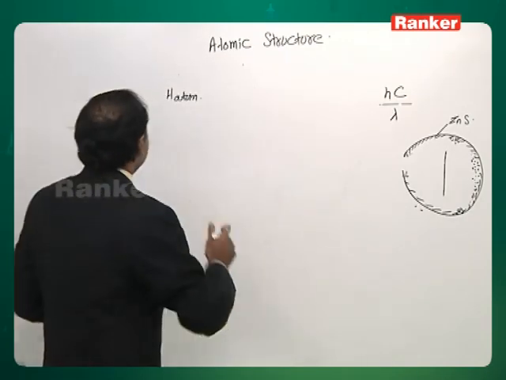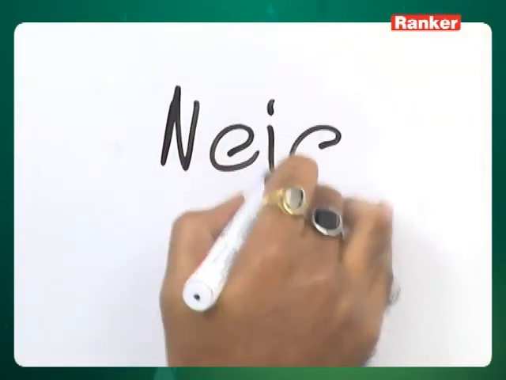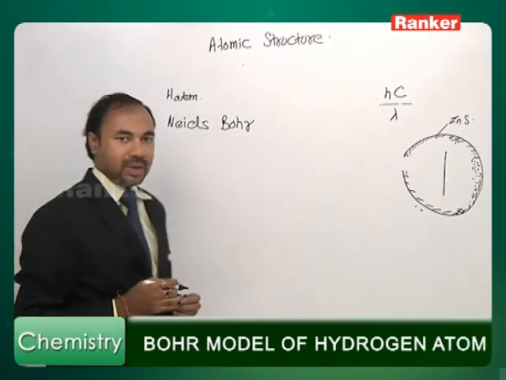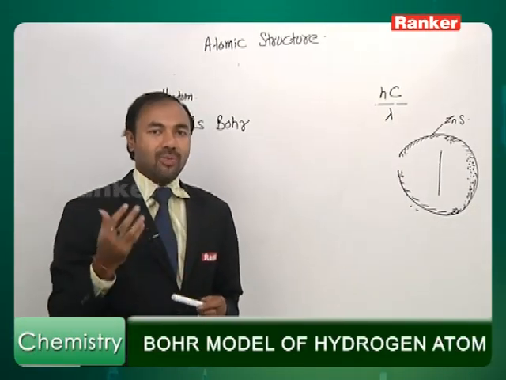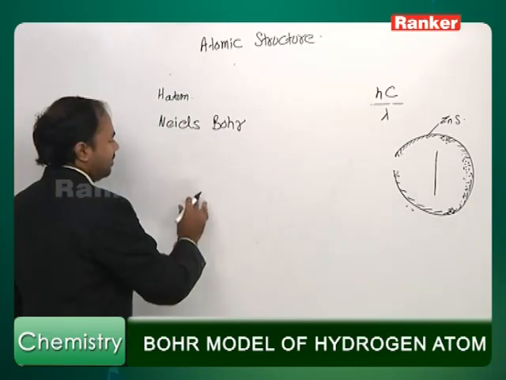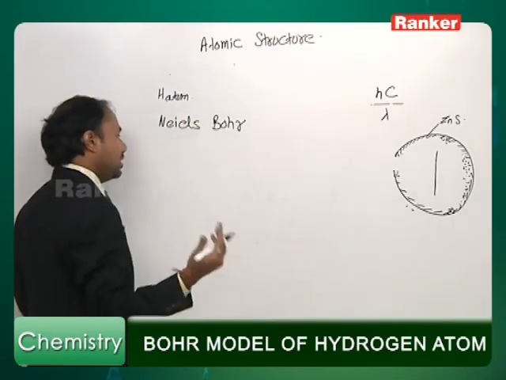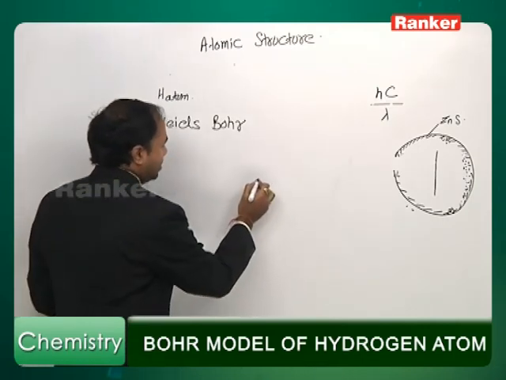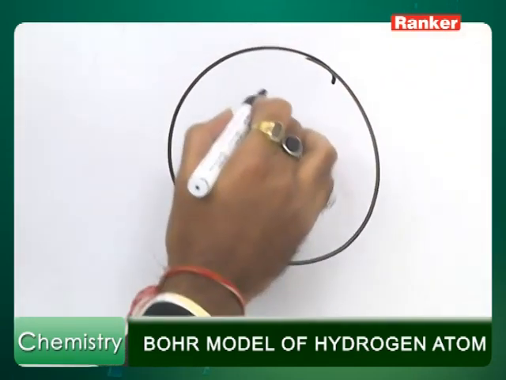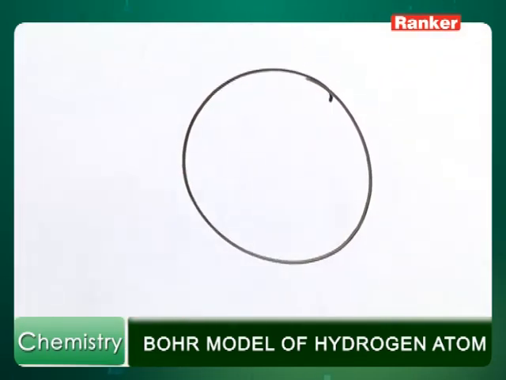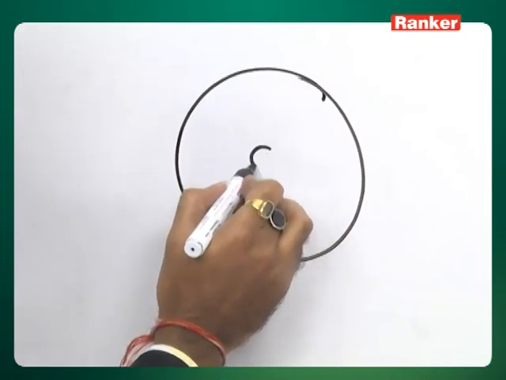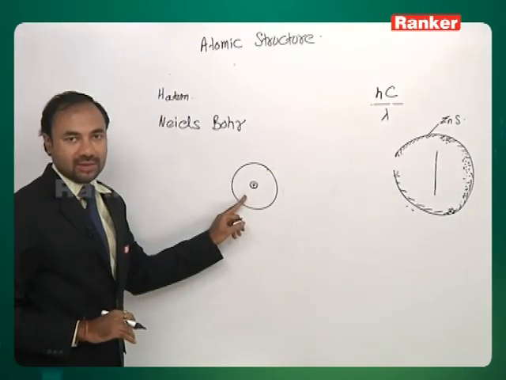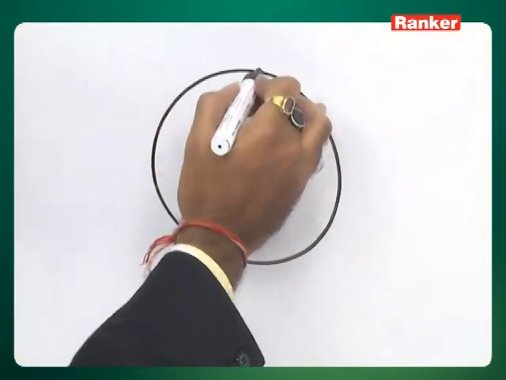So, another scientist by the name Niels Bohr gave his model, which after his name is called the Bohr model. In Niels Bohr's model, everything he keeps of Rutherford, nothing new. He says that the atom consists of mostly vacant space, same as Rutherford. Total mass and total positive charge is concentrated in a very small space called the nucleus, and electrons revolve around